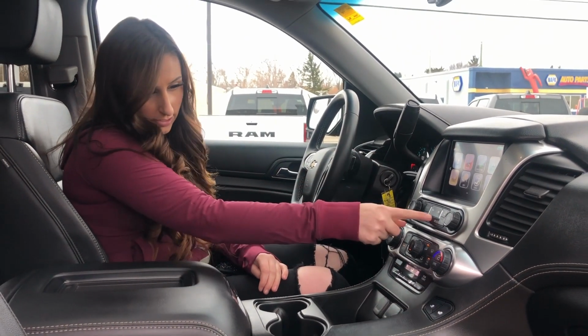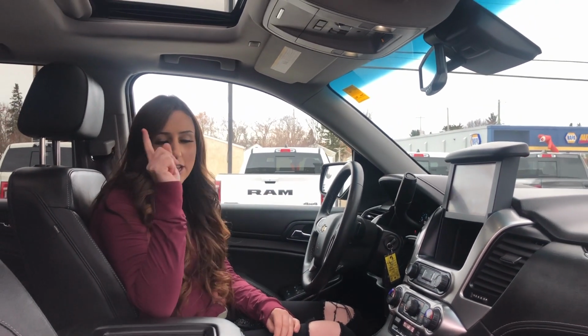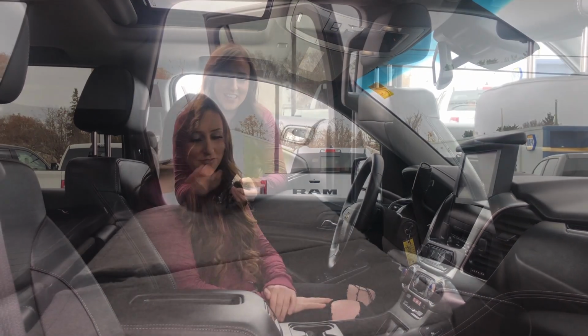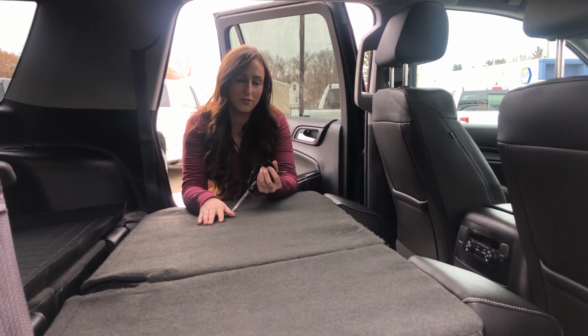And then there's a cool little hidden compartment with a little plug-in as well there, sunroof, and of course a whole bunch of storage. As well, these do fold flat, so if you do want to put something pretty big in here, you can fold them flat and you're going to have a whole